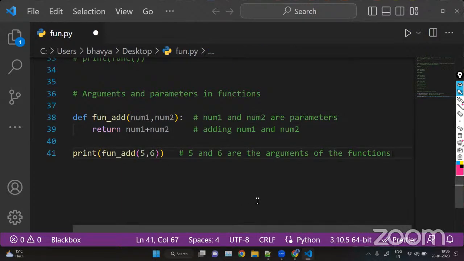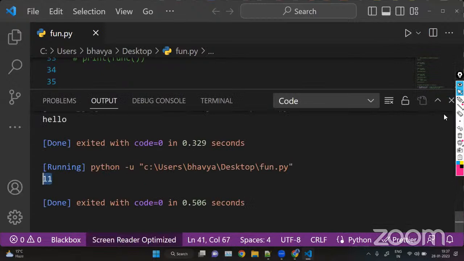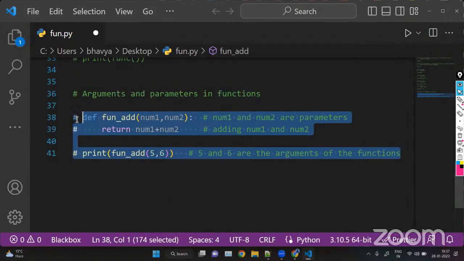So here we can run this. But basically, as we are using this inside functions, they are known as parameters and they are known as arguments. Now here we can run, 11. 5 plus 6, 11. So now we can try this